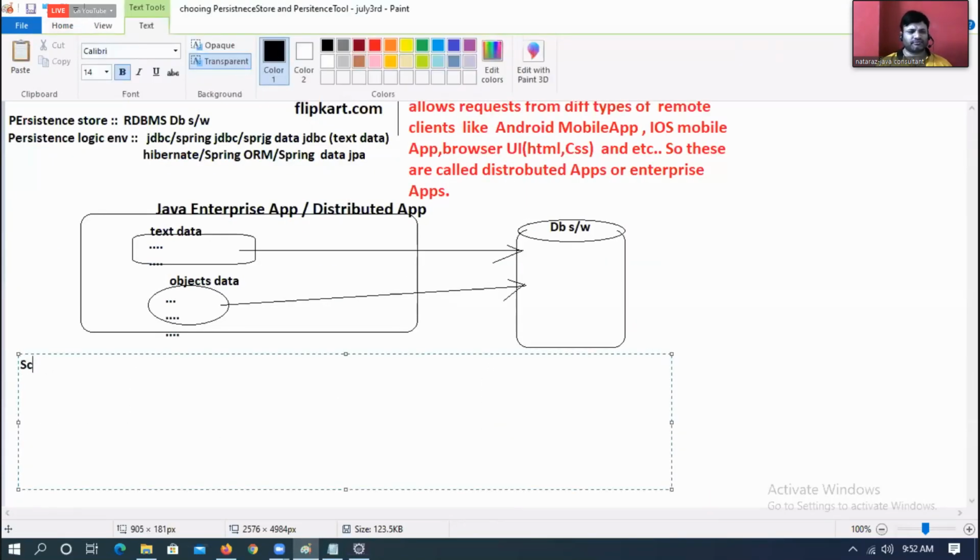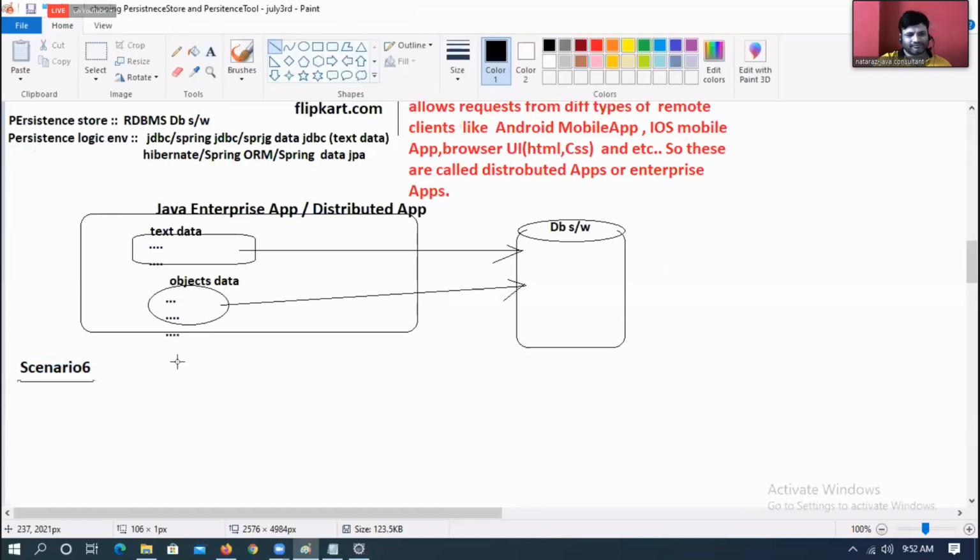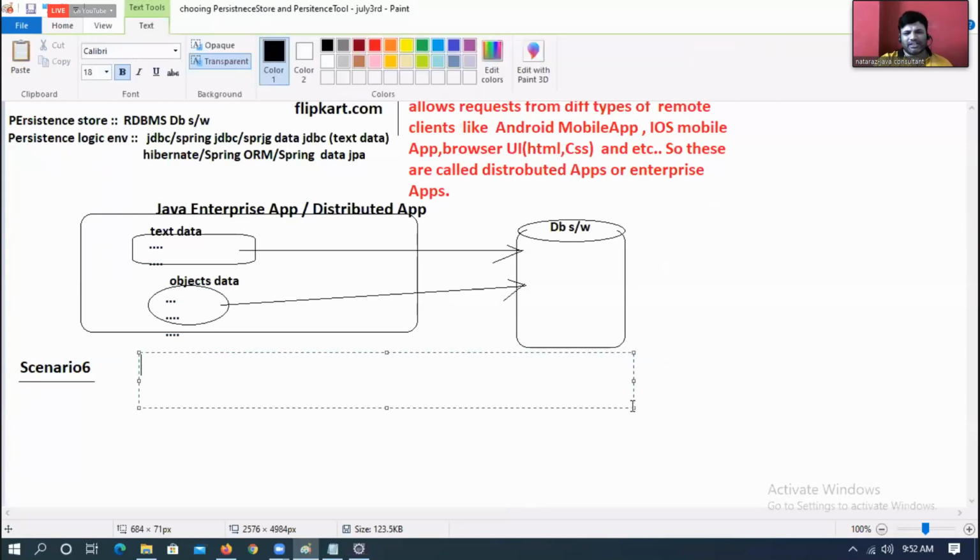Scenario 6. Don't worry, I'll increase the font size. Scenario 6. Application is a medium scale or large scale application.